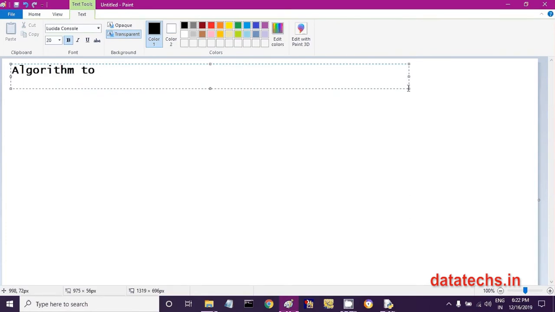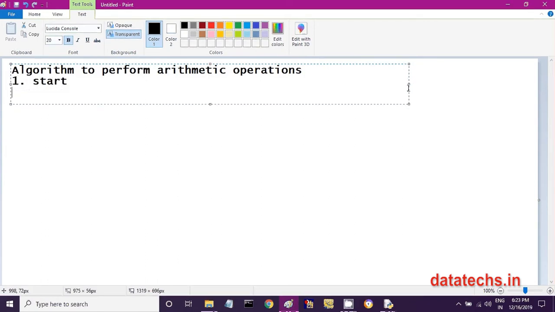Algorithm to perform arithmetic operations. So this is our task. Then here the first step is always start, and in the second step, first of all, what we have to do is we have to provide input to our computer.